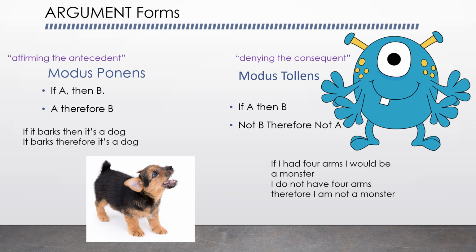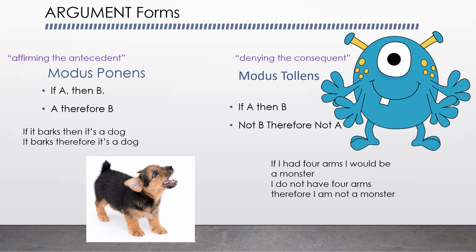Now, maybe I am a monster, or maybe I do have 4 arms. We're not addressing the soundness of this argument. We're addressing the validity of this argument. This is another valid argument form. These are good forms. All right, so we can commonly use modus ponens or modus tollens to advance an argument